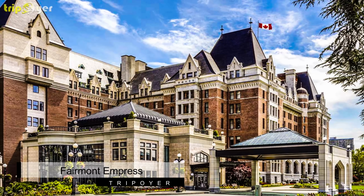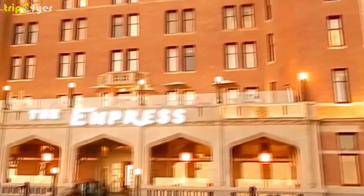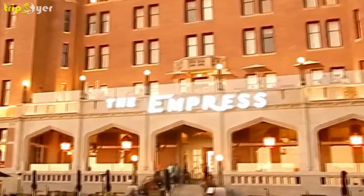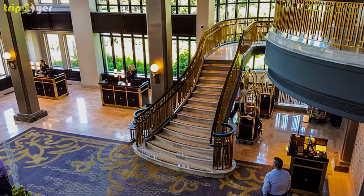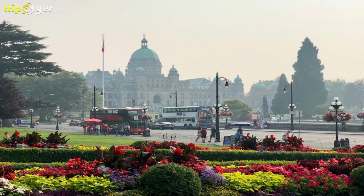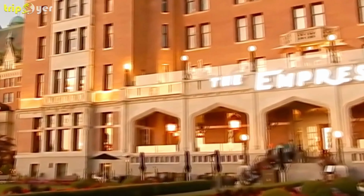Number 7. Fairmont Empress. Challenging the Parliament buildings from across the inner harbour is the elegant Fairmont Empress Hotel. Built in the early 20th century, the Empress is one of the region's oldest hotels. But while the interior decoration is worth a photo or two, the main reason to visit this colossal hotel is